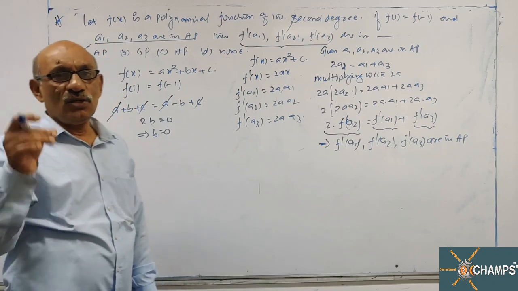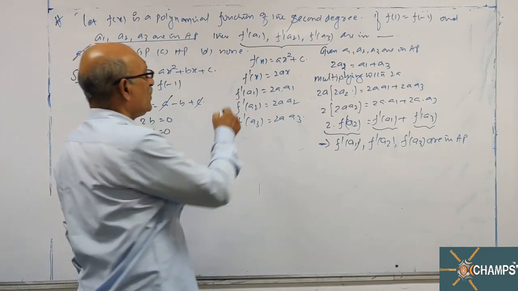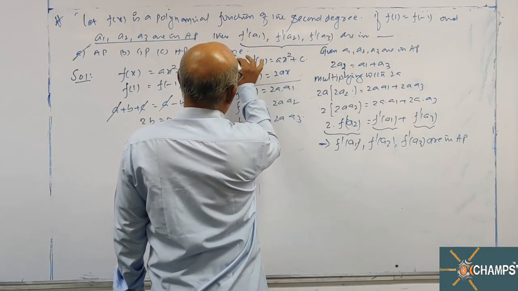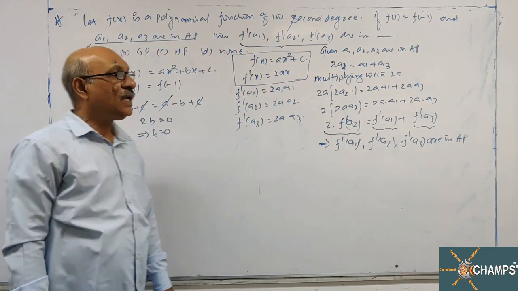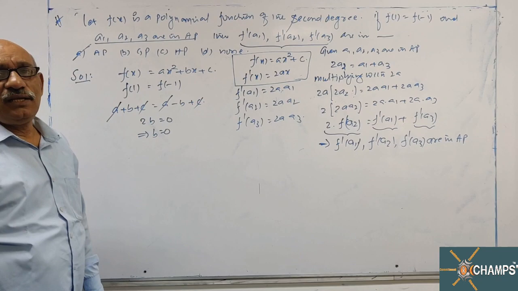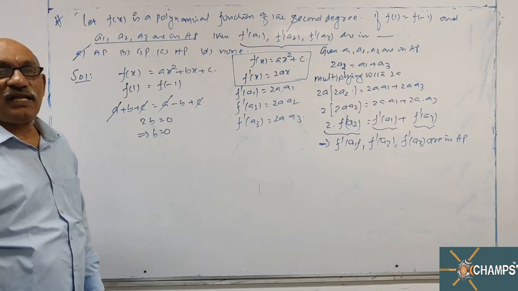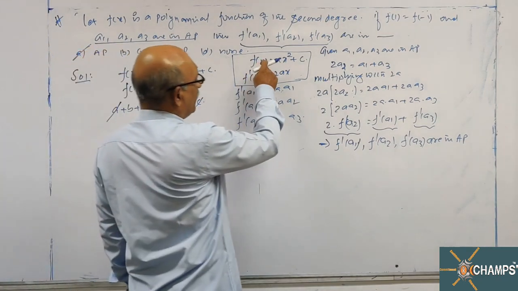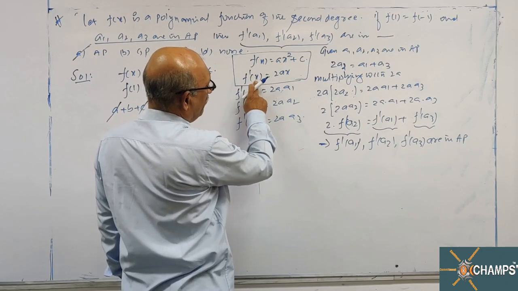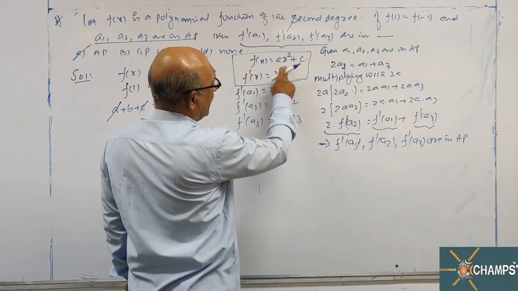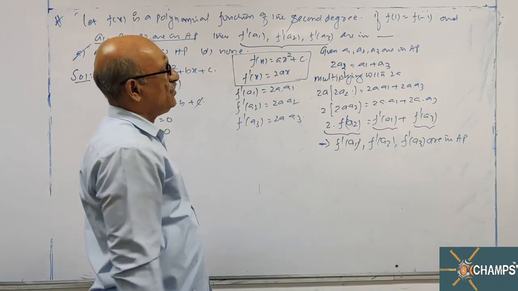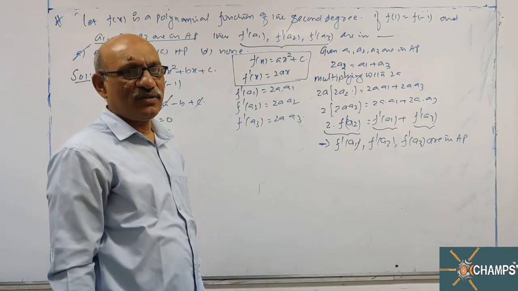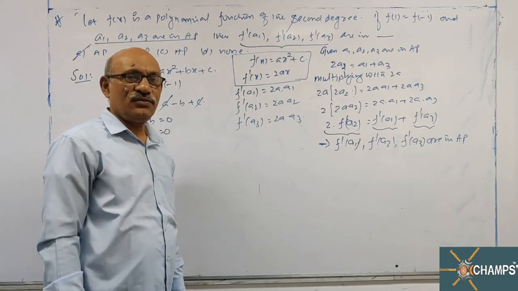Okay, so which area do you have to concentrate on? This step, which is the heart of the question. Here f of x is ax square plus c. So differentiating both the sides with respect to x. When I differentiate, f of x will become f dash x. a is constant, x square derivative is 2x. Then the remaining story is just presence of mind and common sense. This is the answer to this.